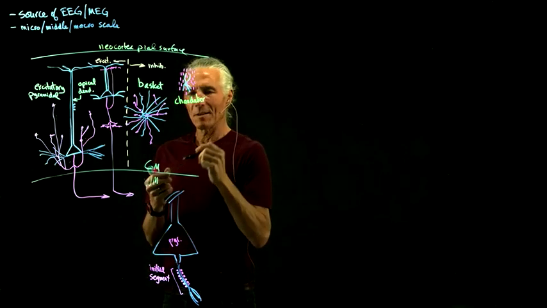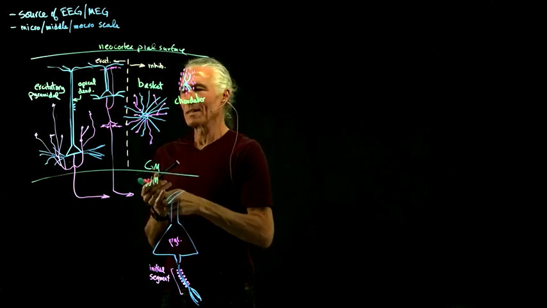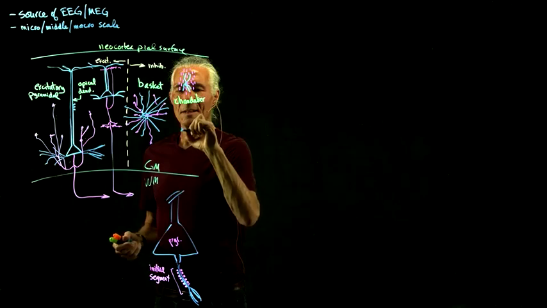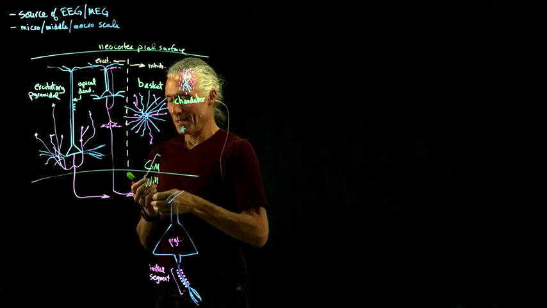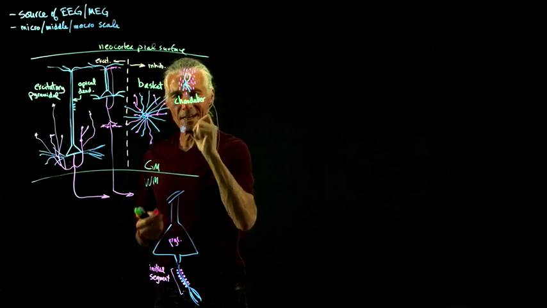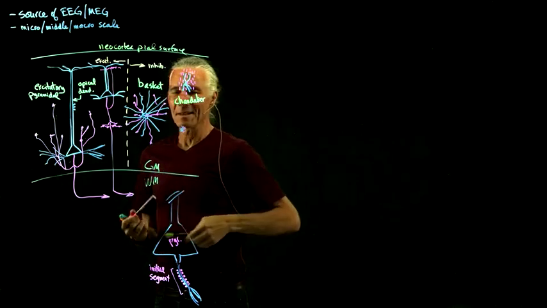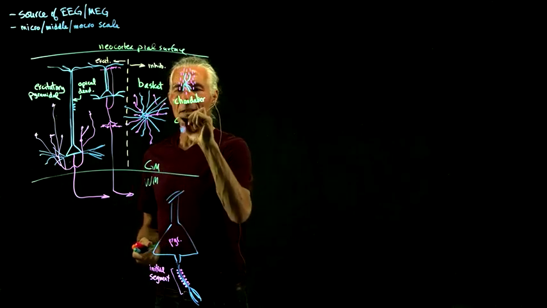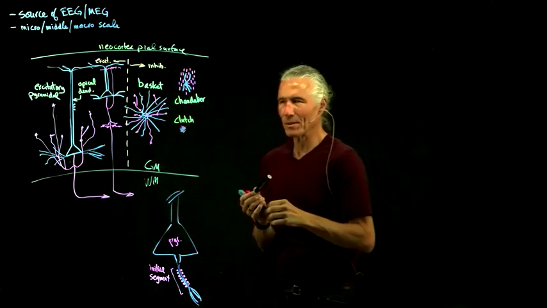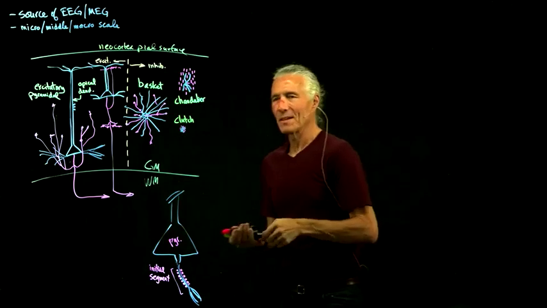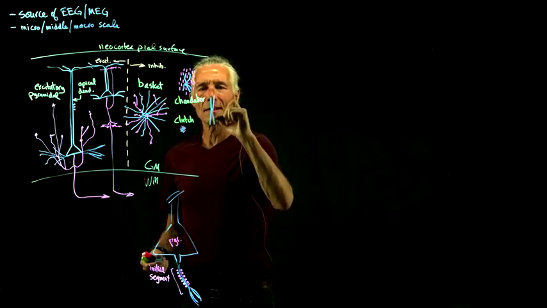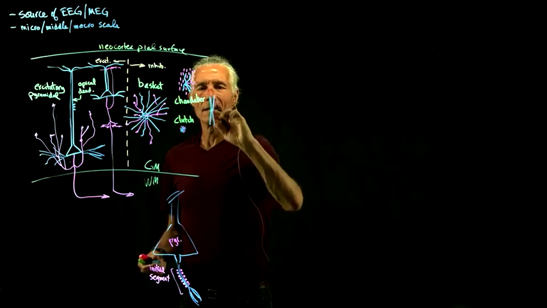And then there's these tiny little cells that are about as big as the cell body of a pyramidal cell, little inhibitory cells called clutch cells, little tiny guys. And then there's more cell types than this, but I'm just giving you some of the biggies. And then there's another cell, that's the cell body right there, somewhat elongated dendrites,